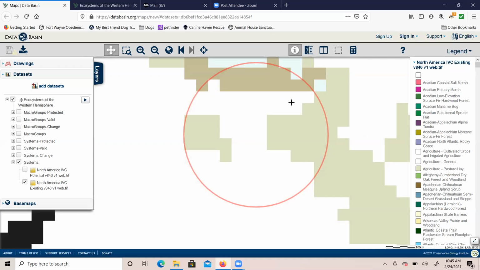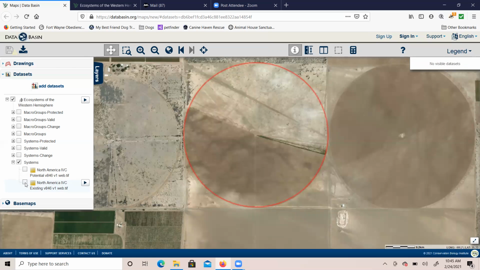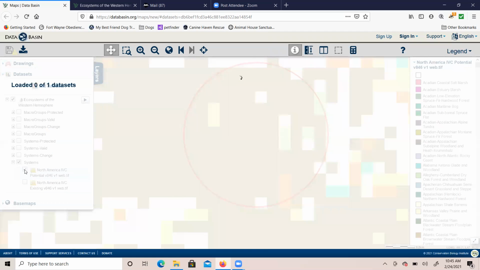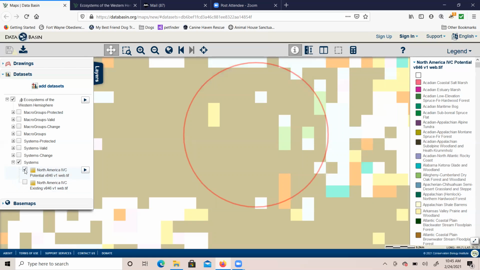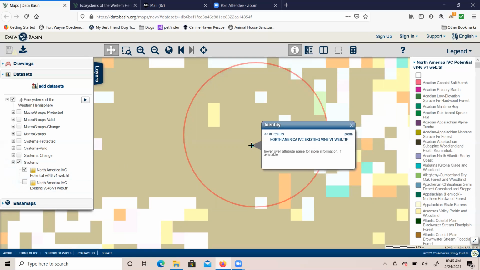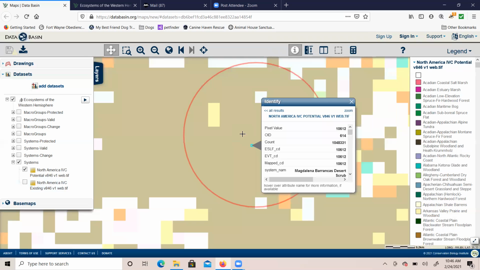To access this function, you first uncheck the existing ecosystem button, and then you check this button right above it called North America IVC Potential. And that will load that layer in. And now it looks quite different because most of the site is covered by this same olive polygon. If we click on it with the identify button, it is identified as Magdalena Barrancas Desert Scrub, which is also associated with this number